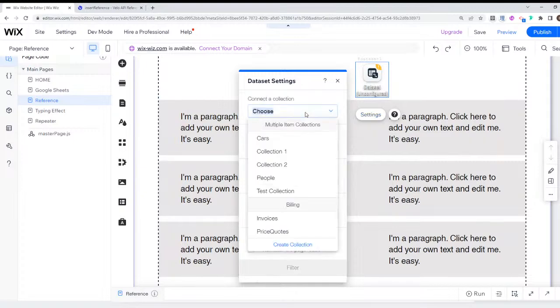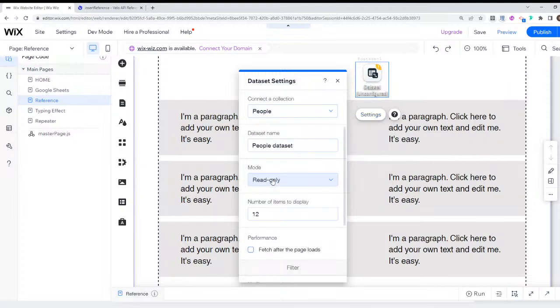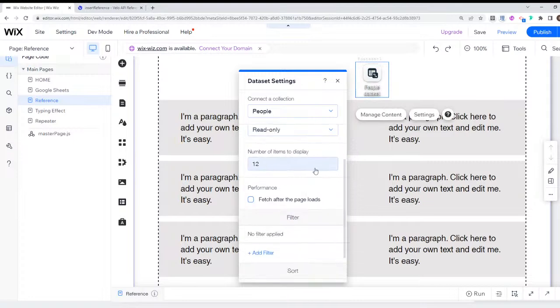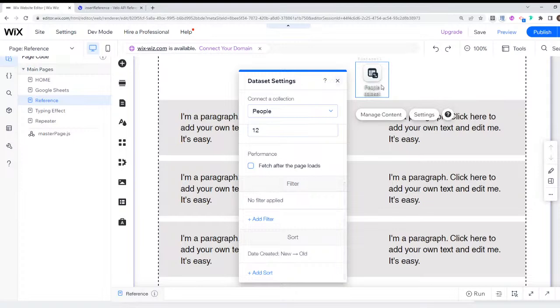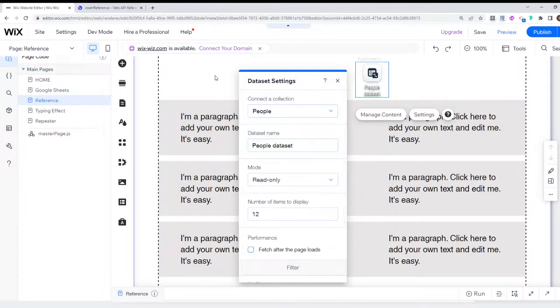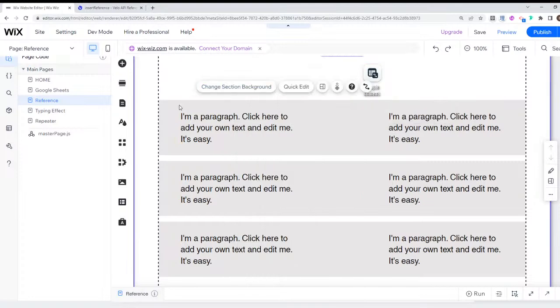I'm going to hit settings, and connect this to the people collection, and read only 12. We only have 3 items, so it'll only display 3, but this is enough. So I'm just going to create it, connect it to this, and it's called the people data set. This is fine. And I'm going to connect our repeater